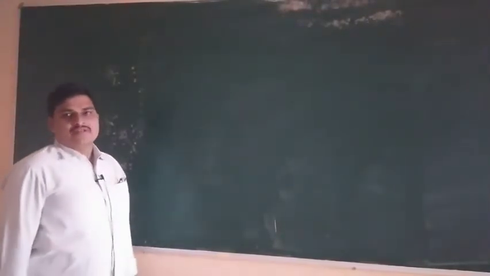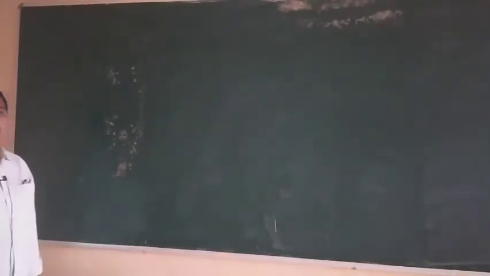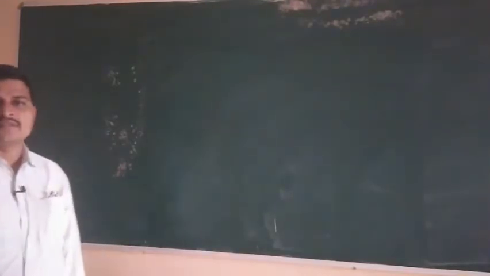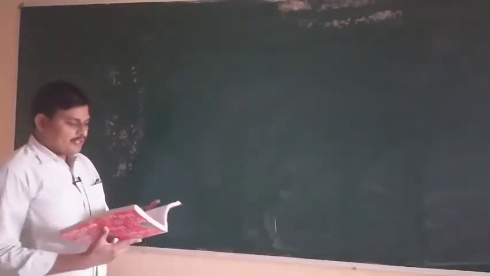Yesterday, what did we learn? Combination. What is the definition of combination? Combination is nothing but selections. So, what was yesterday's last one? nCr plus nCr minus 1 is equal to n plus 1 Cr. The formula derivation. So, today we are going to do the last exercise, Exercise 7.4.